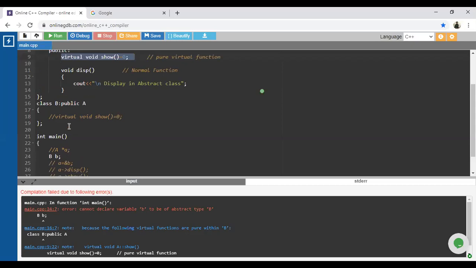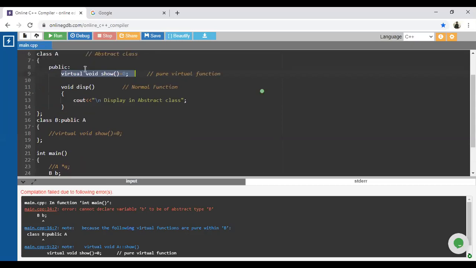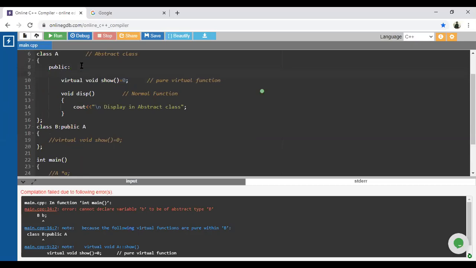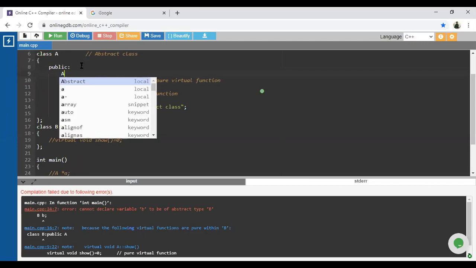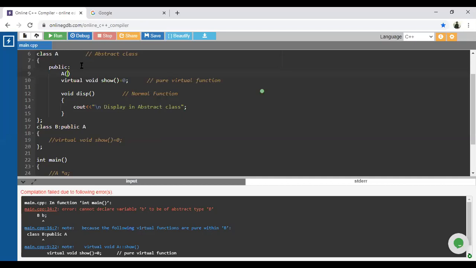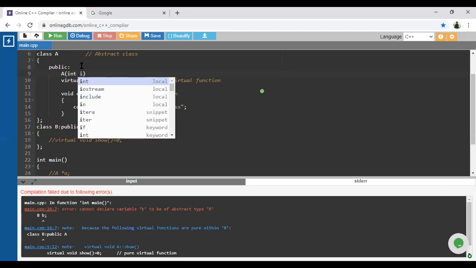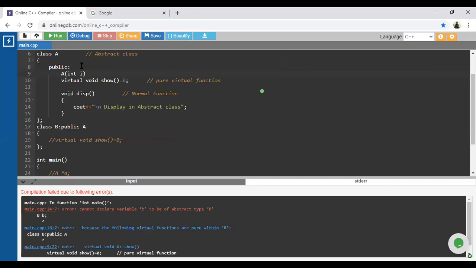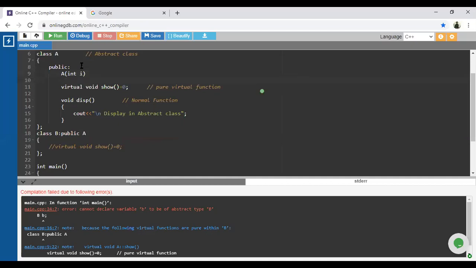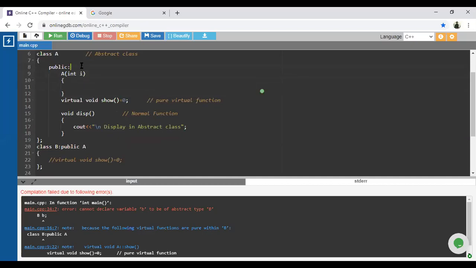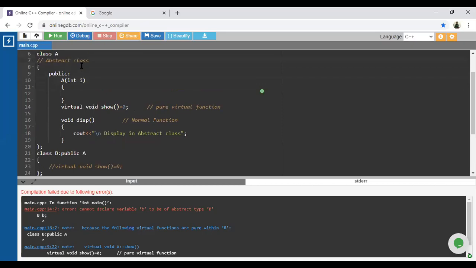Suppose our abstract class can have a constructor. So I will write the constructor. How are we going to write the constructor inside the base class? Name of the class, A. I will use a parameterized constructor, and I'm going to initialize I to another variable.